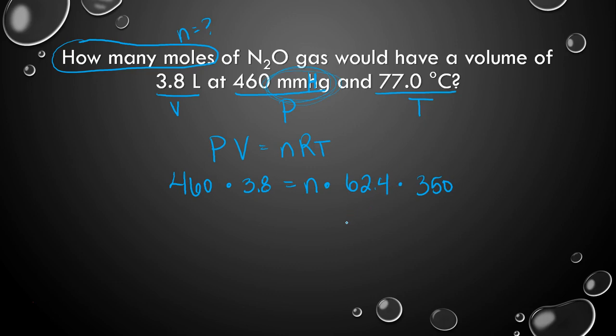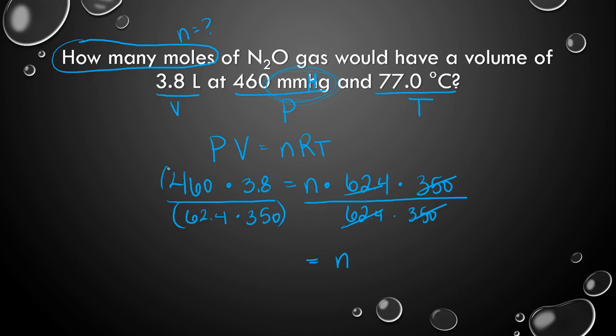So on this particular one, keep in mind that to get N by itself, you will have to divide both sides, in this case, by 62.4 times 350. That cancels them out on the right-hand side and gives us our math problem on the left-hand side. Don't forget that if you're going to do the 62.4 and the 350 at the same time, to put them in parentheses so that you don't mess up your order of operations. Good idea to put the top in parentheses as well. If you do it properly, you'll get